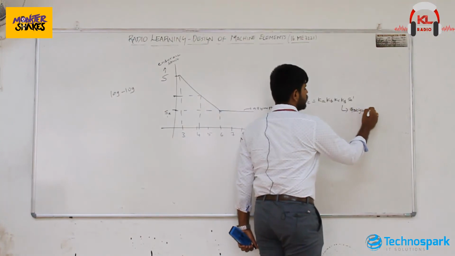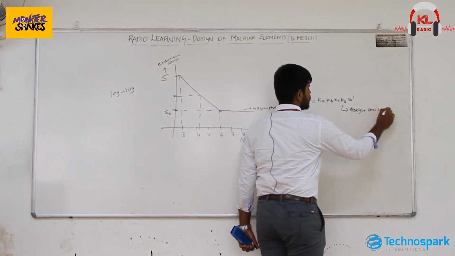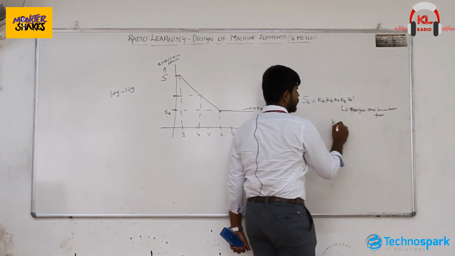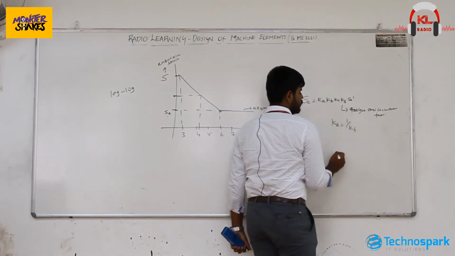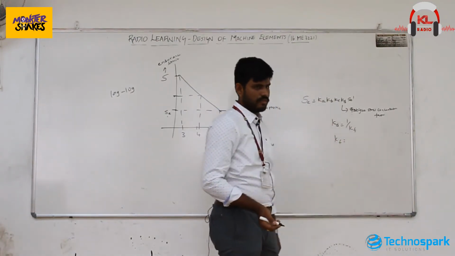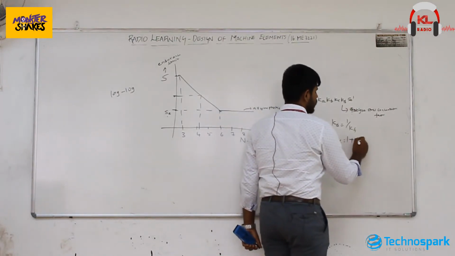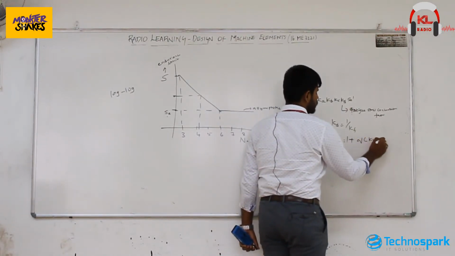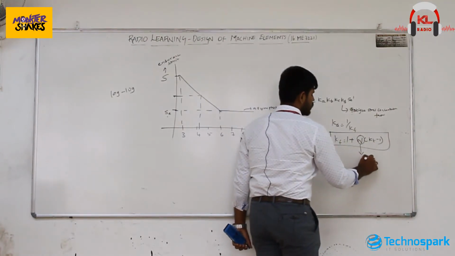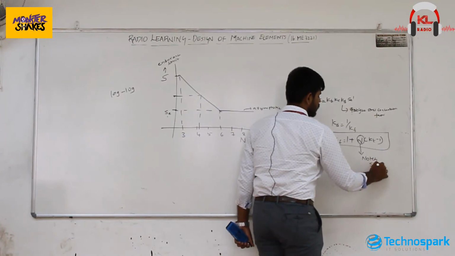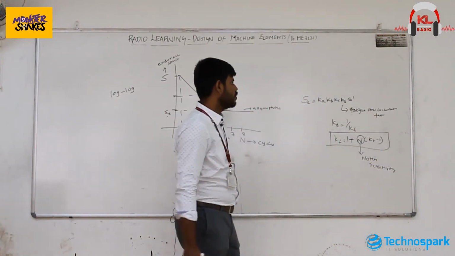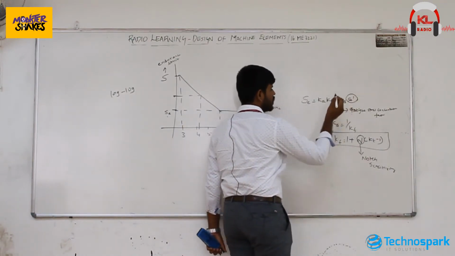We call it the fatigue stress concentration factor. So how will you find Kd? Kd is equal to 1 by Kf, where Kf can be found by using Kt: 1 plus q into (Kt minus 1). q we call notch sensitivity. Okay. So now Se dash will be the endurance limit of that particular